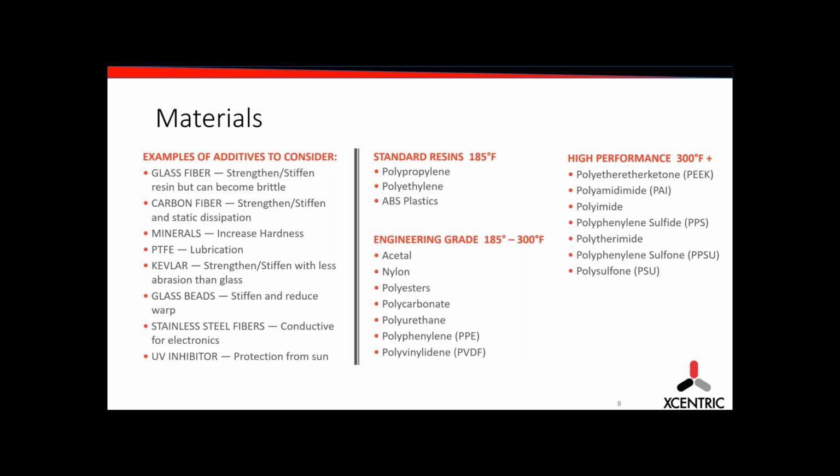We have a lot of different materials out there. You have your standard resins, which are polypropylene, polyethylene, and ABS, which are considered commodity grade. Most of your high volume products for everyday use are made out of these. Then with a lower shrink and higher strength requirements, we go into acetals, nylon, polyesters, polycarbonates, etc., which we would call an engineering grade. And they have a higher temperature,